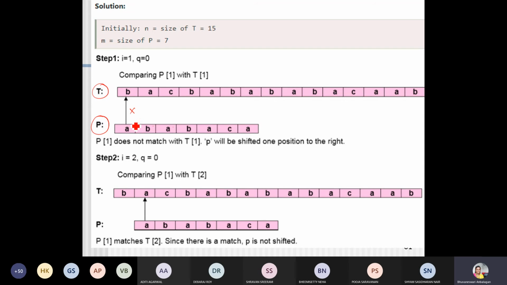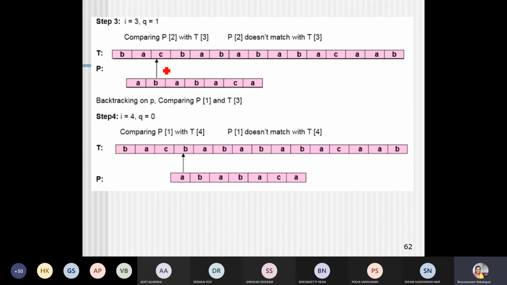So this entire pattern will be shifted by one position. A and A match. Next, B and C do not match. So what it will do is find the place where the exact B can be matched.